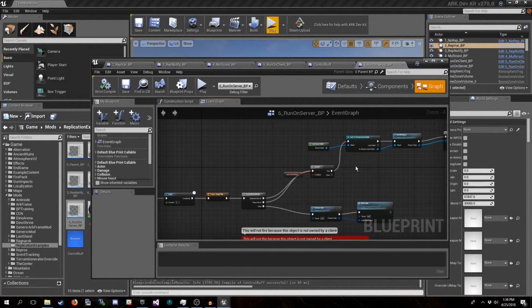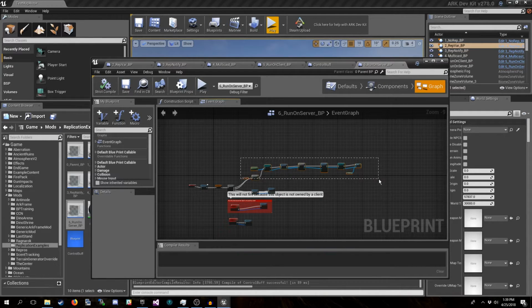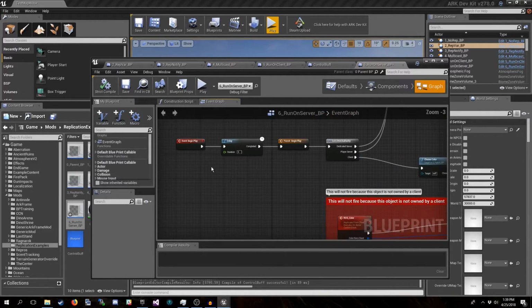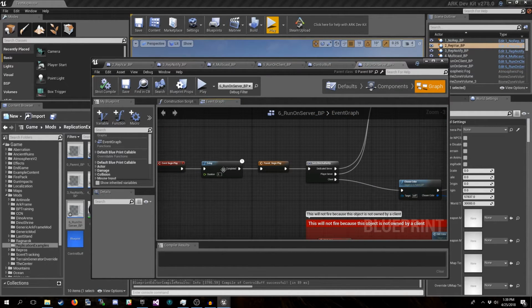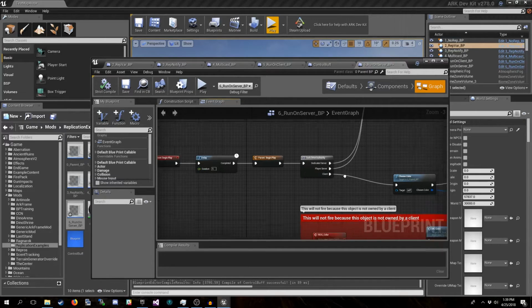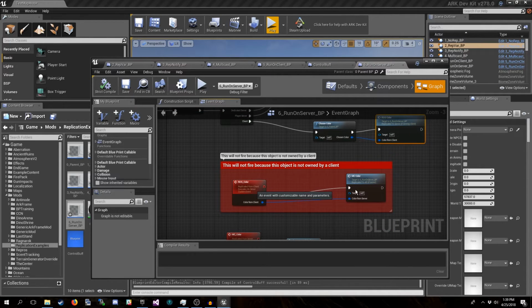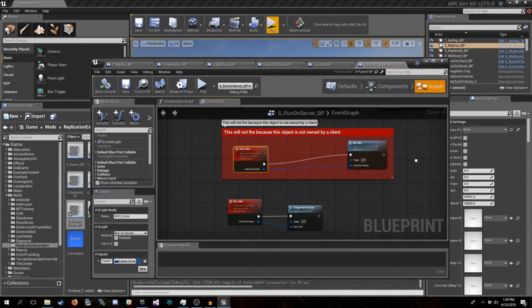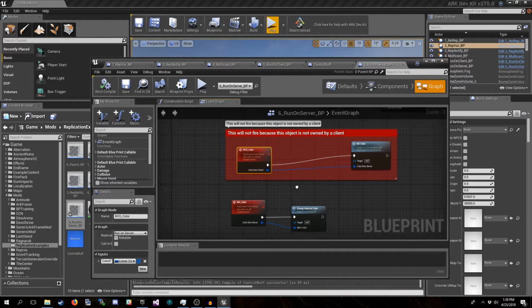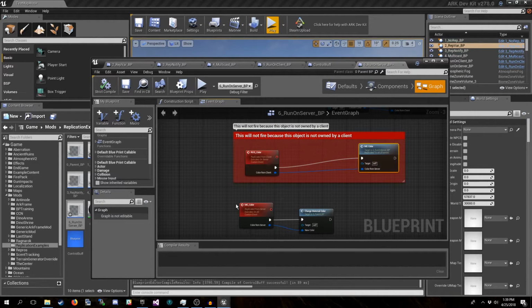So this section of code is currently being blocked off by the use control buff variable, so ignore it for now. What this is trying to do is on begin play, after setting up the dynamic material instances, on the client, it is trying to choose a color and then call the run on server event to set the color to the material. And then on the server, trying to multicast it out back to all the other clients.